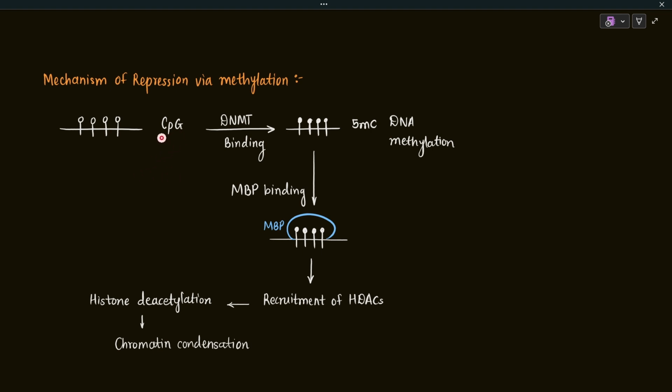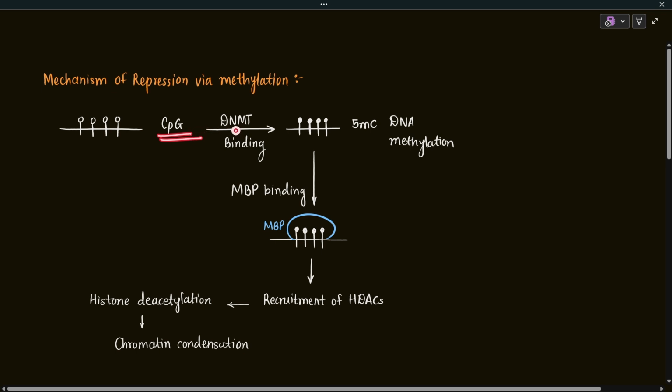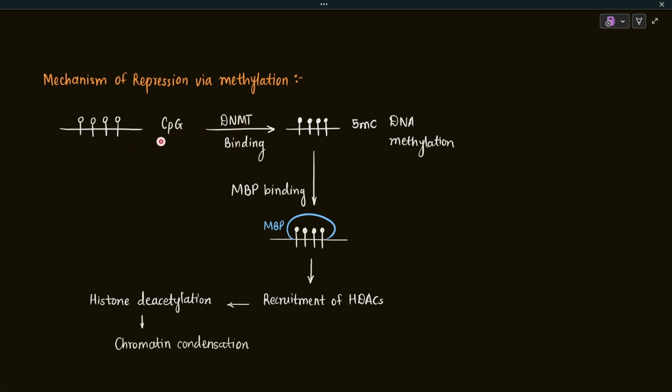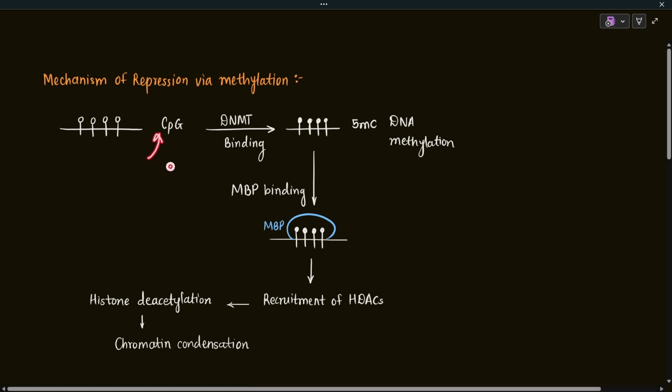Whenever there are CpG dinucleotides, DNMT can bind to those CpG dinucleotides and it methylates the cytosine. It methylates the fifth carbon of the cytosine, and due to that, cytosine gets converted to 5-methylcytosine. So after the DNMT binding, DNA gets methylated. This methylated DNA is represented like this. Now this methylated DNA is